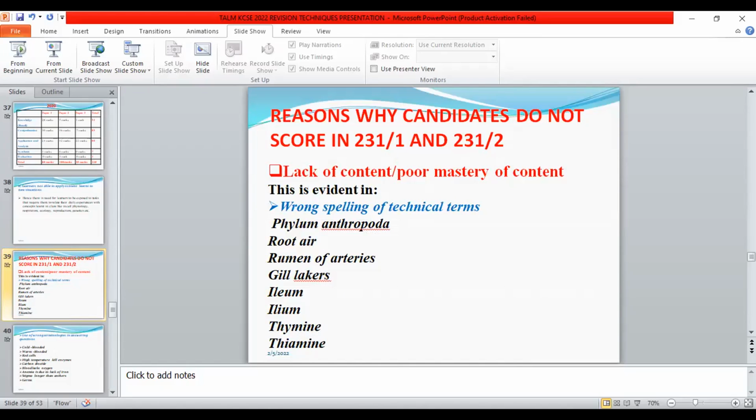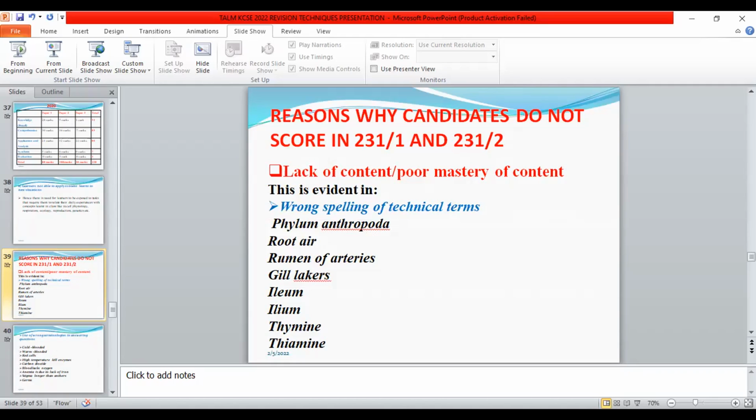There are certain areas where we really emphasize spelling mistakes. For example, when the candidate is talking about a disease like malaria, every disease should start with a capital letter. So if it is not starting with a capital letter, there will be an issue there. When you come to all the taxonomic ones, like class Insecta, Kingdom Plantae, Animalia, and so forth, they should start with a capital letter. And other than that, those taxonomic names must be correctly spelled.